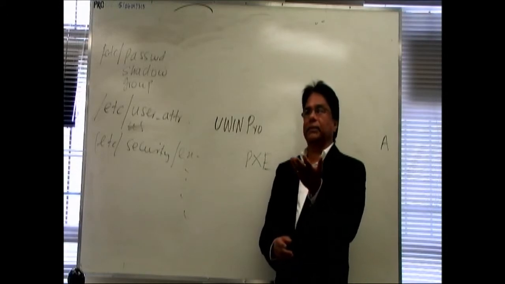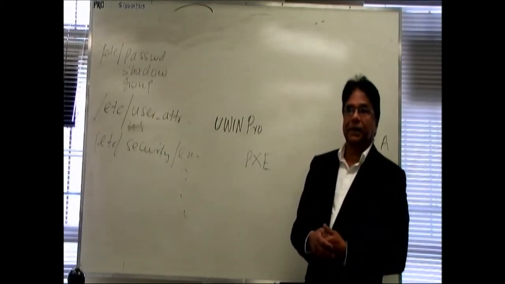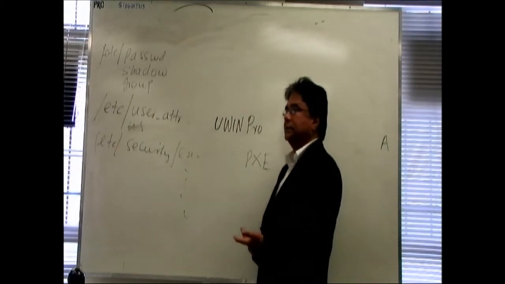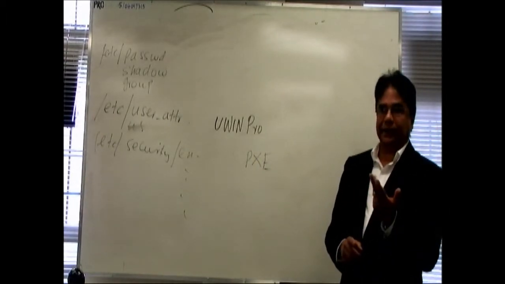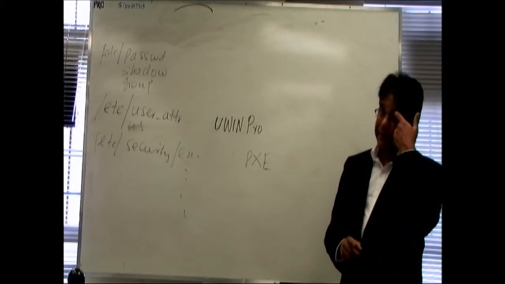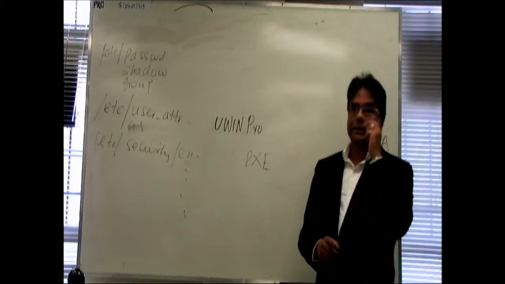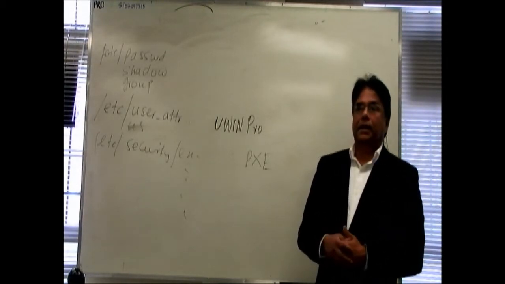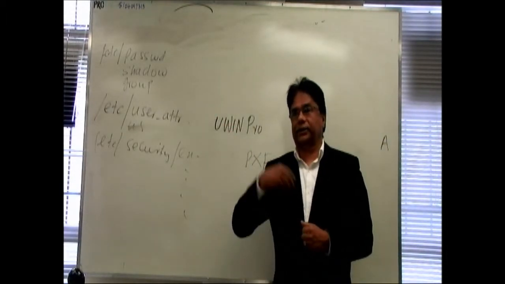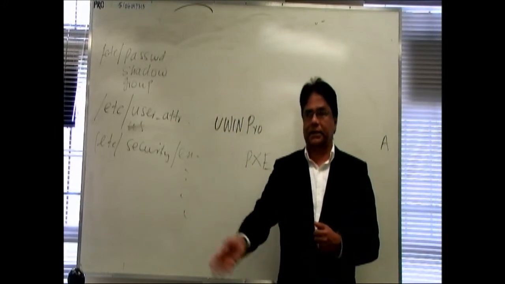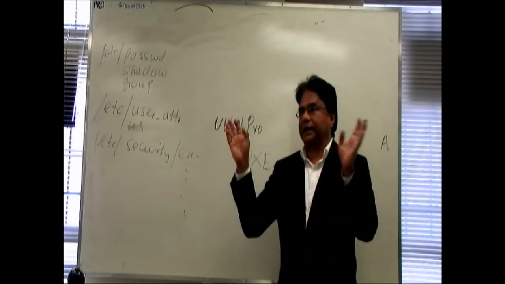What are the different levels? Emergency, critical, and so on. Not panic, I mean critical, emergency. What is the other one? Notice, and err. And what are the different actions? Sending to a log file, sending to a console, sending to another computer's syslog facility. Different actions can be taken.